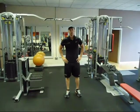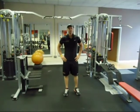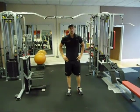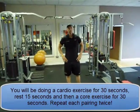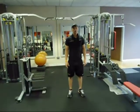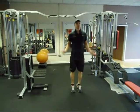So now we're going to show you some examples of the exercises for the second workout, which is a combination of cardiovascular exercise to get the heart rate increased, and then core exercises to work on the core stability and flatten the stomach. The first cardiovascular exercise we're going to do is what we call the invisible skipping rope. So even if you haven't got a skipping rope, don't worry, because for 30 seconds, as fast